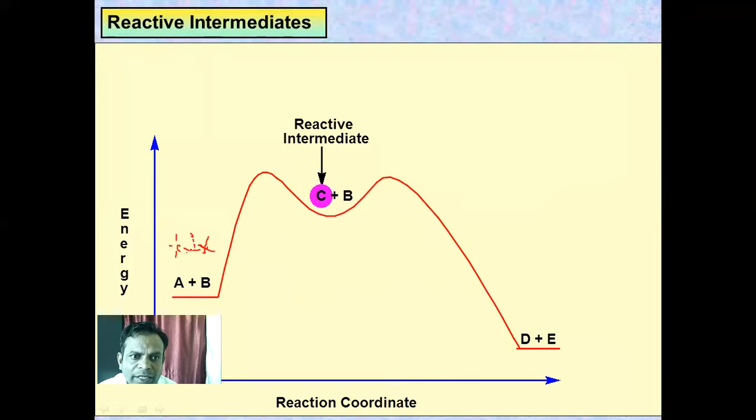ये बॉन्ड जो है यहाँ पे ब्रेक होता है, so there is a formation of a carbocation. यहाँ पे जो है कार्बोकैटायन फॉर्म होता है, ये जो पहली ट्रांजिशन स्टेट है, now that transition state involves formation of a carbocation. Now that carbocation is at the highest state, the maximum, and then the attack of a nucleophile